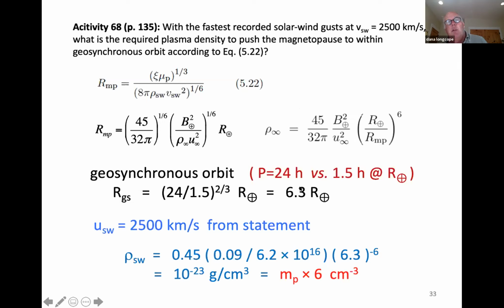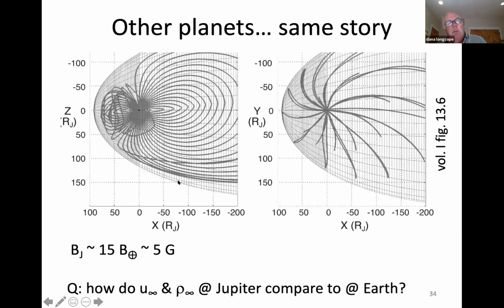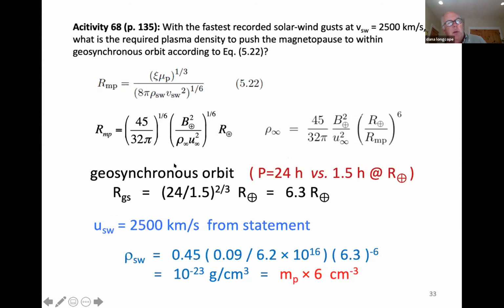That is 6 solar radii. That's where the satellites exist. And you work out that just using Kepler's law. And so you're going to get a magnetopause that comes inside of geosynchronous orbit for these big storms. Okay, so